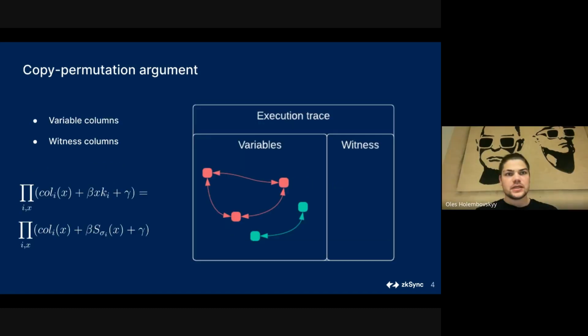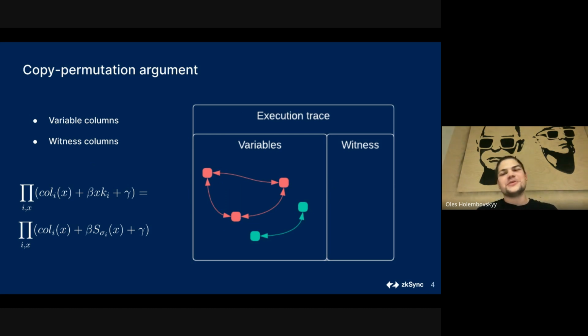Okay, so the first argument is the copy permutation argument. What is this argument? We have two types of columns: variables and witness. Also, a quick small reminder: